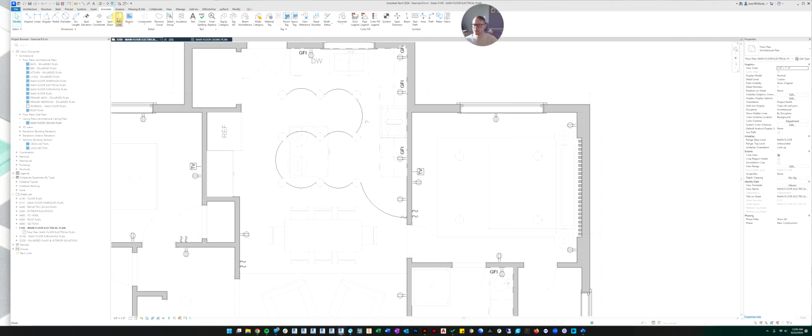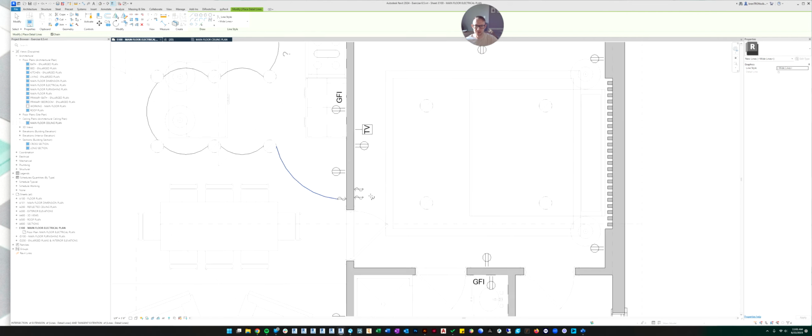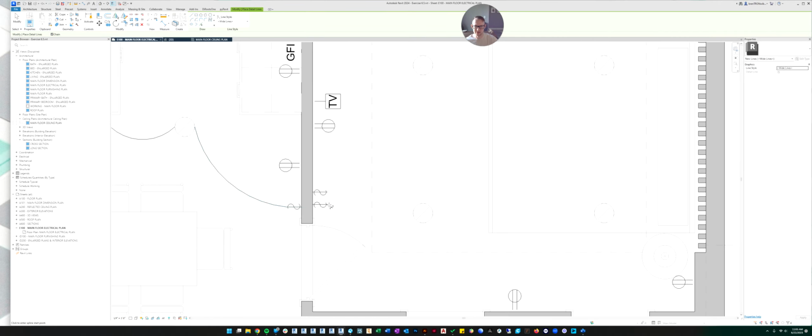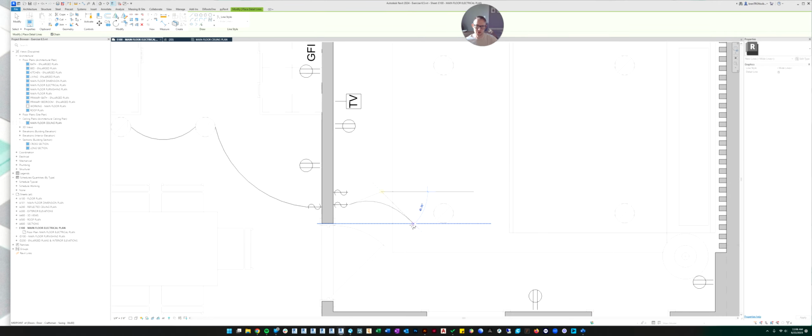If you want to do detail lines, you can also use what's called a spline. And it's right here. It kind of looks like a weird curve. So if you click that, some people like to use these. So let's hook up the lights in this room using a spline. You start at the switch, and then you're creating curve points with your clicks. And then you end it wherever you want. Actually, you hit enter, and it stops the spline.